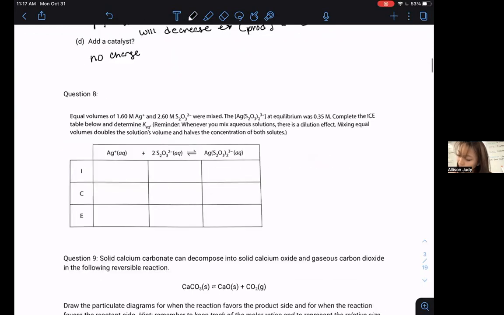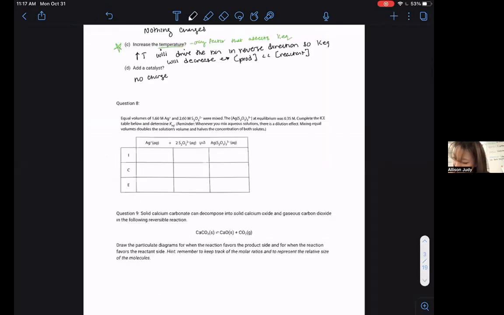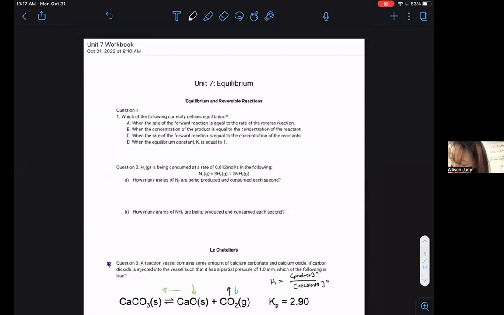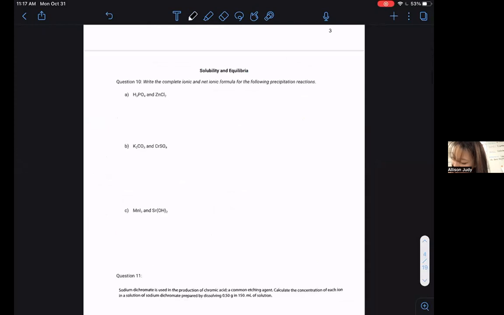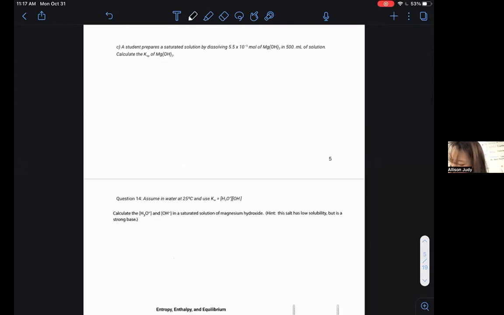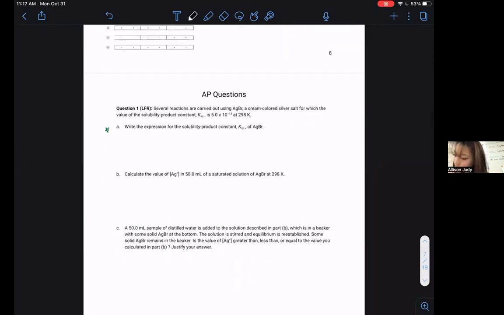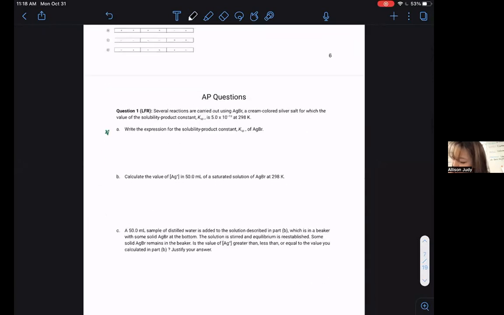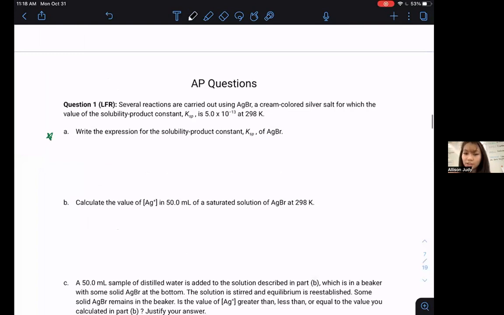So let's go to page, let me make sure I didn't miss any question. I always want to double check that I didn't miss anything from above. I starred all the ones I wanted to address in a green star. Okay, let's talk about AP question 1, part A on page 7. So you're given that several reactions are carried out,